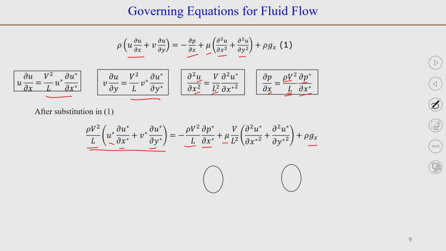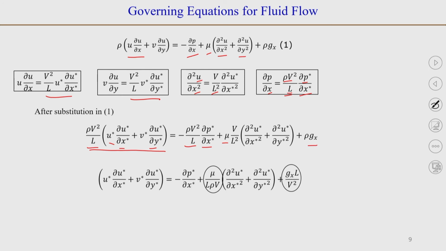So, let us arrange the equation a bit. We can multiply by L by rho V squared. So, you will have on the left hand side u star del u star by del x star plus v star del u star over del y star. When you divide by rho V squared by L, this term will cancel out, and you will be left with minus del p star by del x star. Then, when you divide mu V by L squared by rho V squared by L,